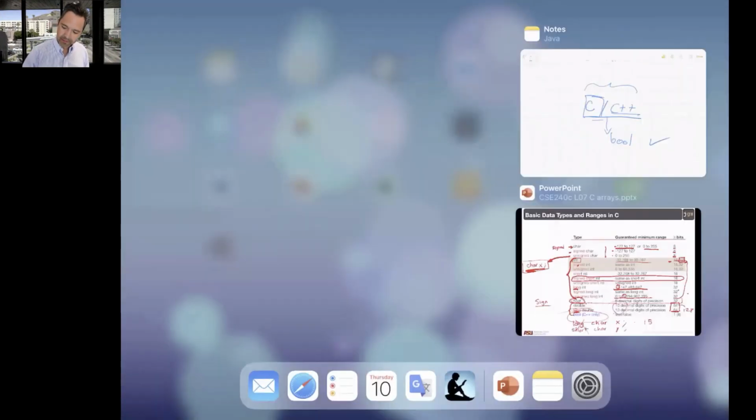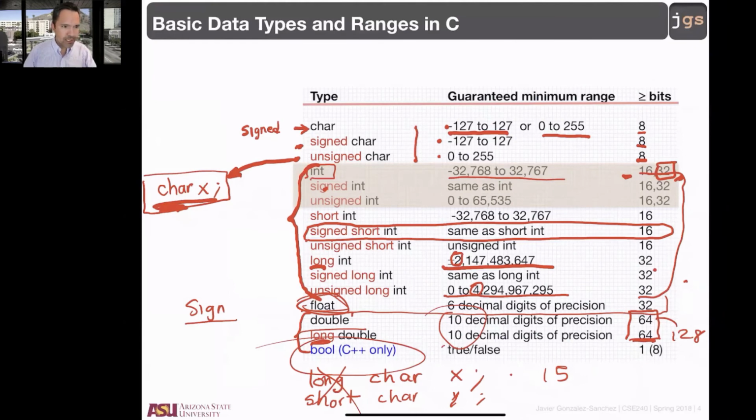But this one does not exist yet. 70s, C, no bool. 80s, C++, they are going to add the bool. Good? These are all the data types that we have, all the primitive data for C. Now,